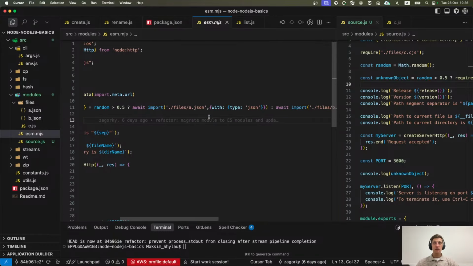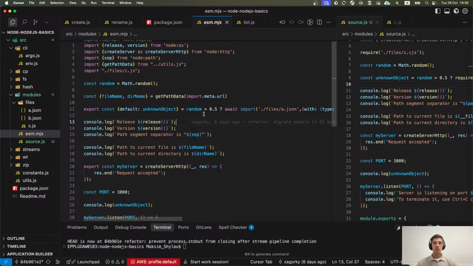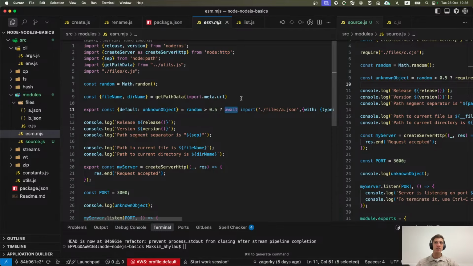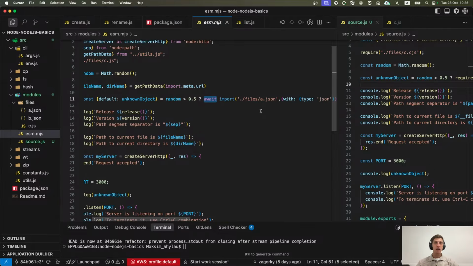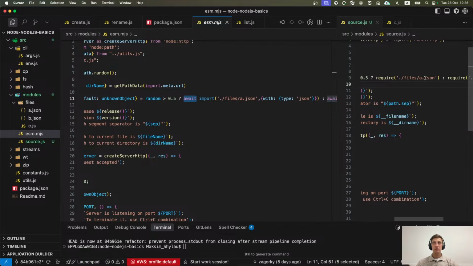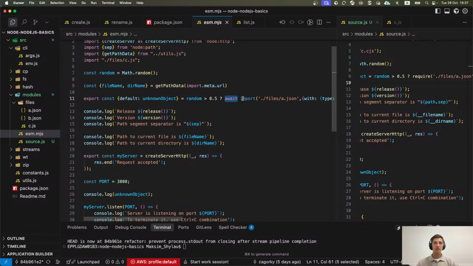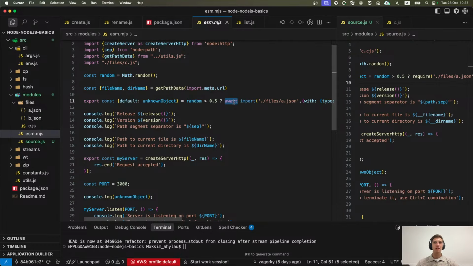And thanks to top-level await in ECMAScript modules, there is an important feature: we can use await at the top level of the module. We do not need to put everything in some asynchronous function. You can implement it as the same one-liner as here.